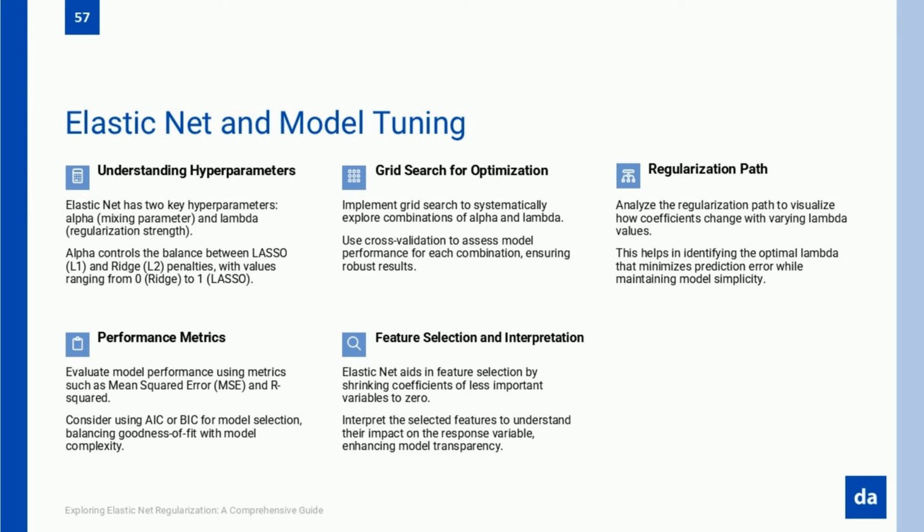The goal is to find the optimal lambda that minimizes error on unseen data. The second key parameter is alpha, which controls the balance between L1, Lasso, and L2, Ridge, penalties. When alpha equals 1, the model behaves like Lasso, performing strong feature selection but struggling with correlated predictors. When alpha is 0, it behaves like Ridge, keeping all features but reducing coefficient size. A middle value, e.g., alpha of 0.5, blends both approaches, making Elastic Net effective in handling multicollinearity while still selecting